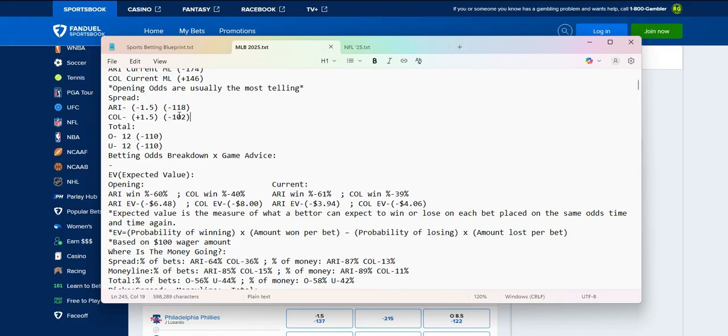Now, keep in mind this minus 102 is a very significant number in sports, a lot like the number 12. A very significant number in sports. Look out, Colorado could sneak and get this one. They could sneak and get this one, but currently I would go with Arizona across the board.